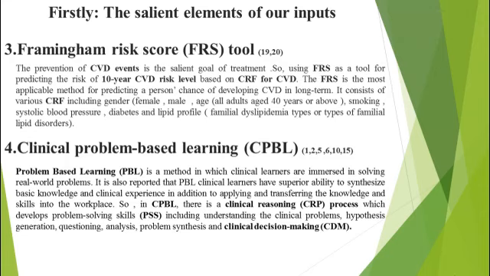The prevention of cardiovascular disease risk events is the salient goal of treatment. So, using FRS as a tool for predicting the 10-year cardiovascular disease risk level based on clinical risk factors, the FRS is the most applicable tool for predicting a person's chance of developing cardiovascular disease in the long term. It consists of various clinical risk factors including gender, female and male, age, all adults aged 40 years or above, smoking, systolic blood pressure, diabetes, and lipid profile, very high levels of cholesterol, bad cholesterol,